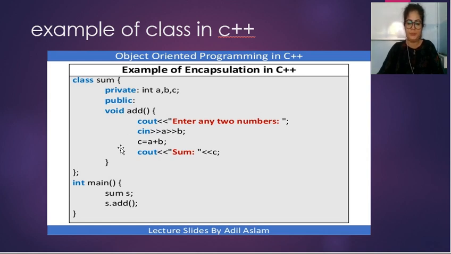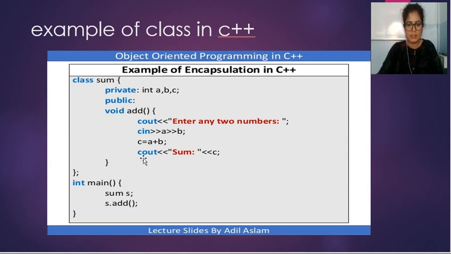In the next line, C equals A plus B, which means the sum of the two variables A and B is transferred to the third variable C. Next is cout. Now you want to print the sum, and the answer is in variable C, so you have to print the C variable.